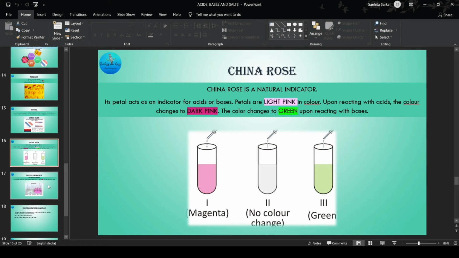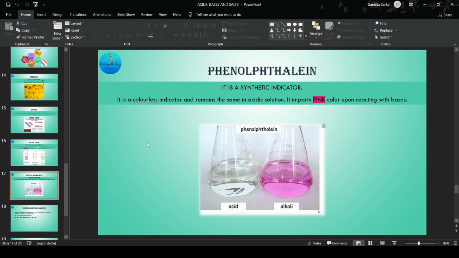Now let's move on to synthetic indicators. One example of synthetic indicator is phenolphthalein. It is used in titration test. It is a colorless indicator and remains the same in acidic solution. That is, it remains colorless in acidic solution. It imparts pink color upon reacting with bases. जैसे कि आप देख पा रहे हैं यहाँ पर जो दो वायल्स है जहां पर एसिडिक सॉल्यूशन है फिनोल्फथालीन ने कोई कलर नहीं दिया है, वो कलरलेस है, पर जहां पर बेसिक या अल्कलाइन सॉल्यूशन है वहां पर आप देख पा रहे हैं कि इसका जो कलर है वो पिंक हो चुका है।